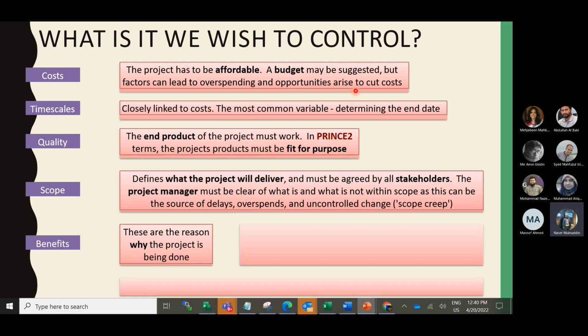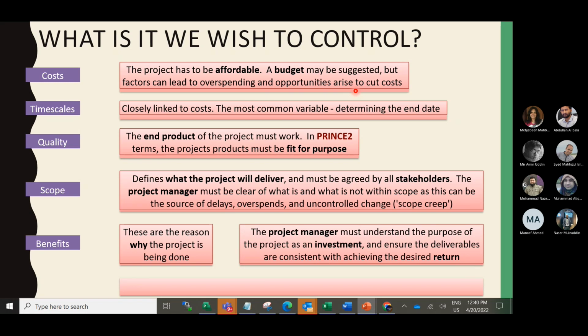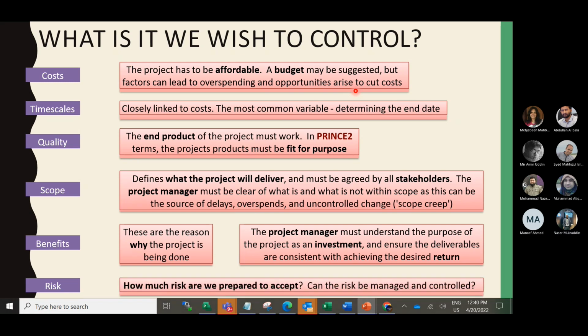Every project has some objective, so the project manager must understand the purpose of the project as an investment and ensure the deliverables are consistent with achieving the desired return. And then risk: how much risk are we prepared to accept? Can the risk be managed and controlled?